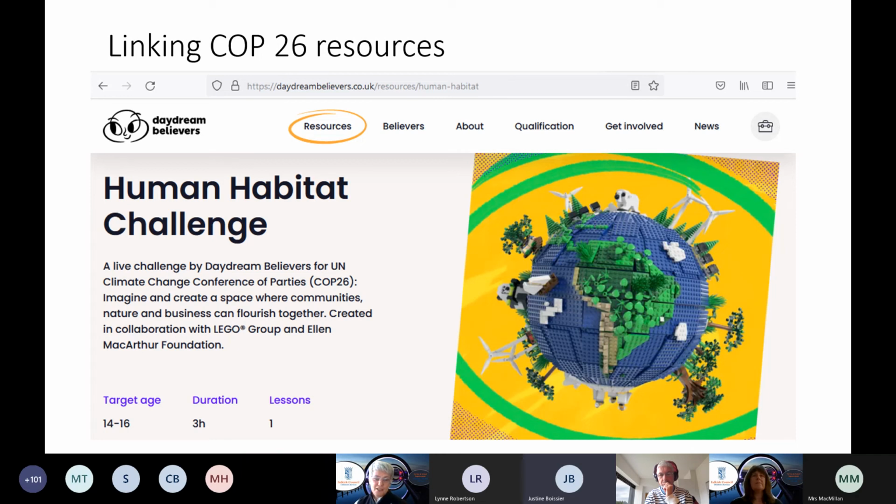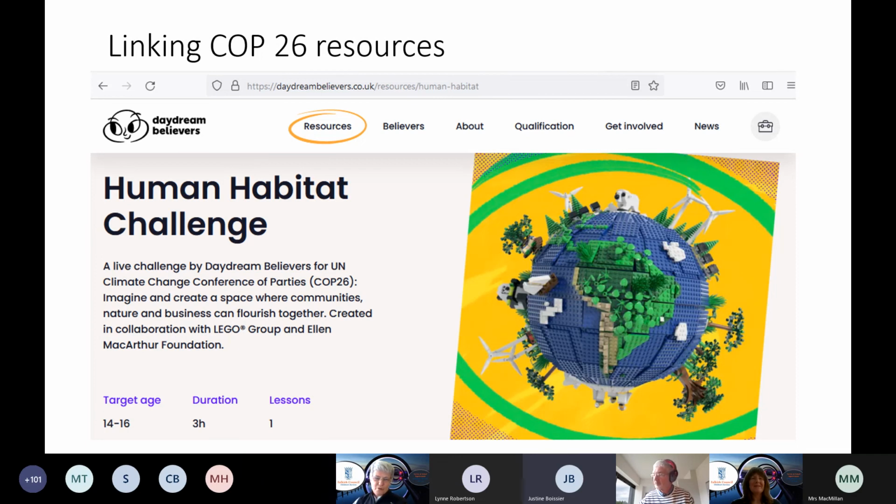I've used a similar idea in an outdoor setting where I just asked primary pupils to use the natural resources that they can see around about them to create a little model of a sustainable community. That's challenging them to think about what the essential elements for survival are and what features you would need, or would want, to create in your sustainable community. I've done this quite a few times with primary schools, and interestingly, not many of them actually include schools in their dream communities. I'm not quite sure why that is.